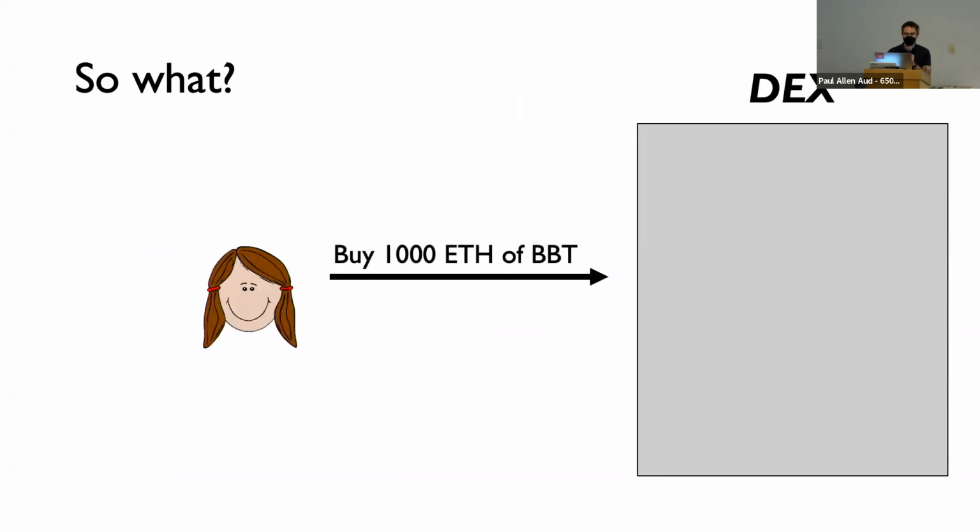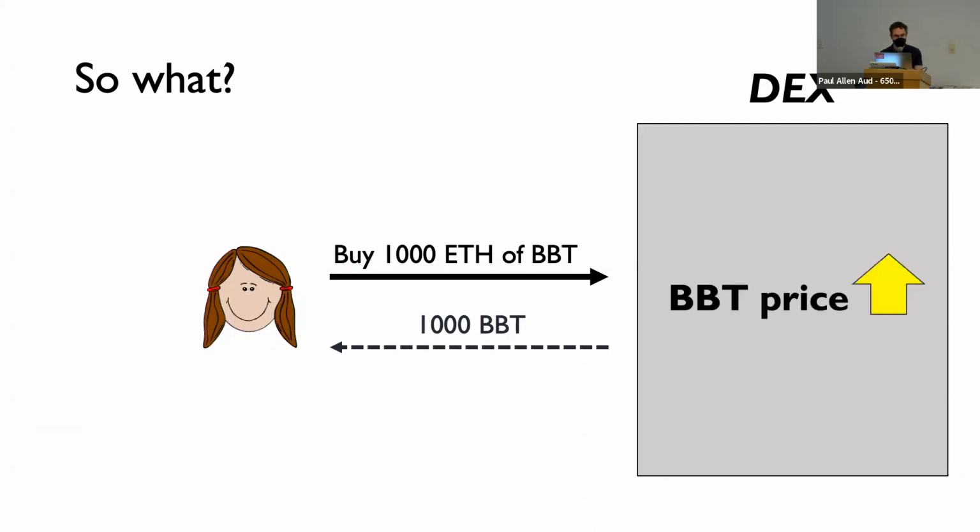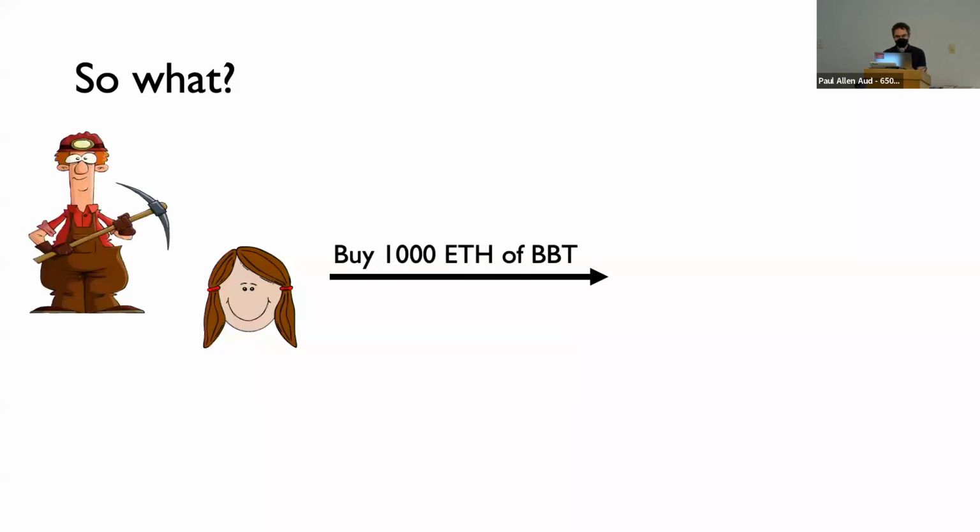So let's suppose that Alice submits her transaction. As I said, she wants to buy some Bob's bubble token. And let's suppose that the current price is 1 ETH per bubble token on a decentralized exchange. If all goes well and there are no competing transactions, Alice will get, for her 1,000 ETH, exactly 1,000 Bob's bubble tokens. Now, as an effect of her making this purchase, the price of Bob's bubble tokens will rise. You place a buy order for bubble tokens, their price rises.